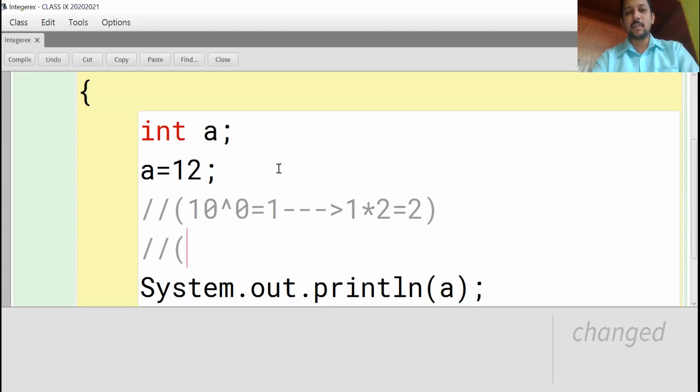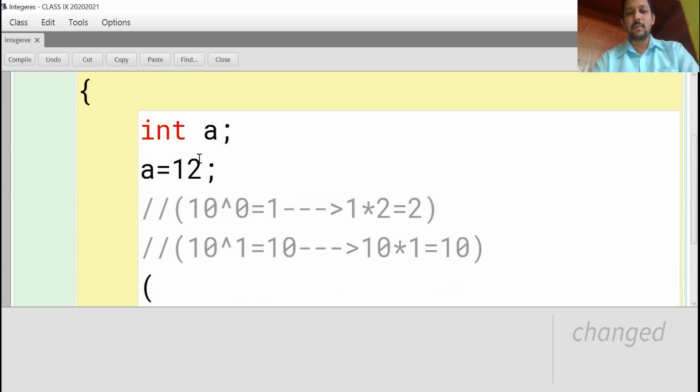Second step is 10 power 1, that is equal to 10. 10 into 1, that is equal to 10. So the third step, we have to add 2 plus 10. That is equal to 12.